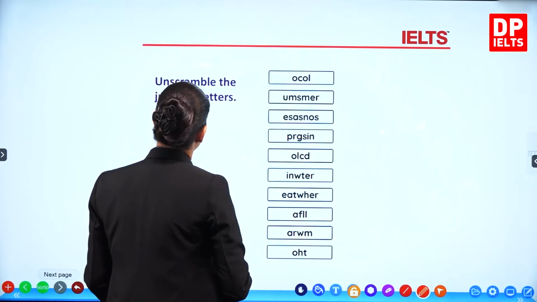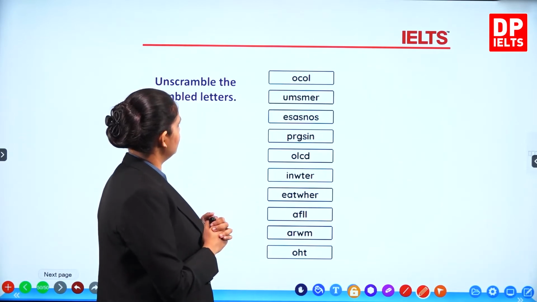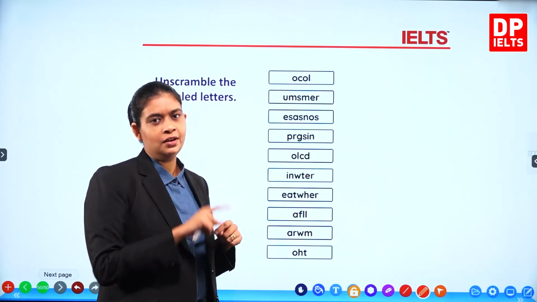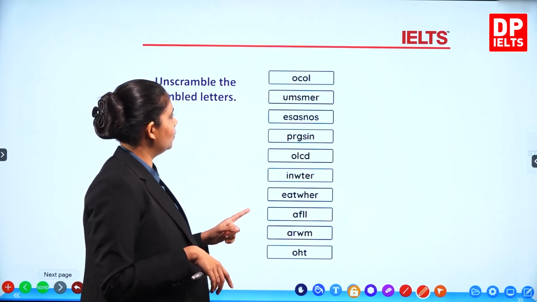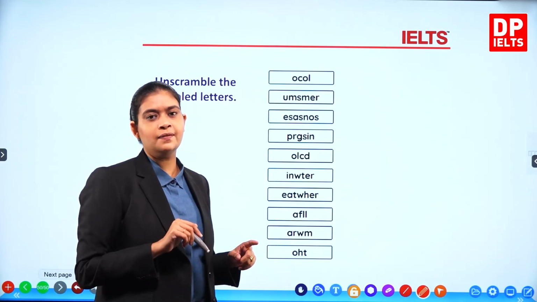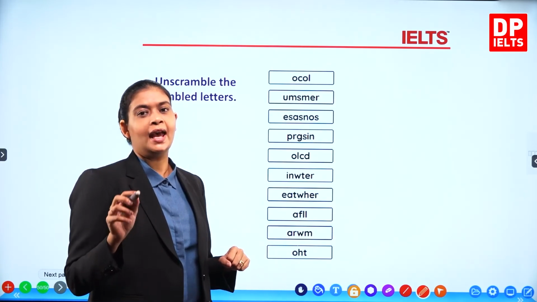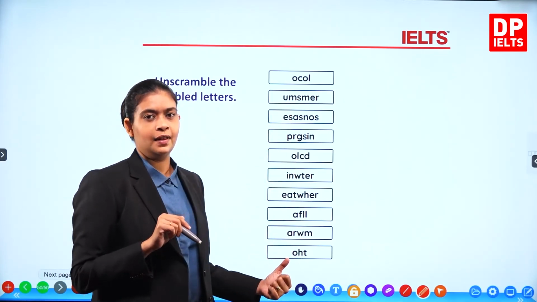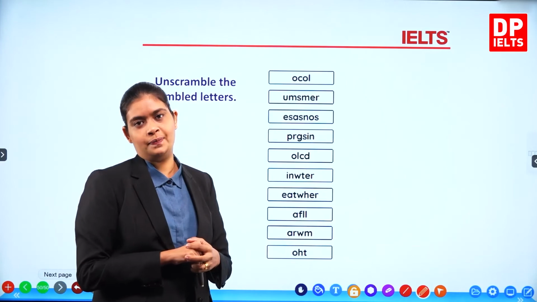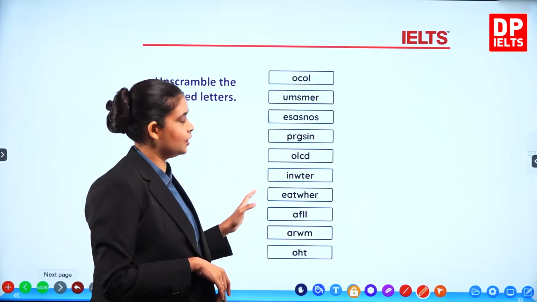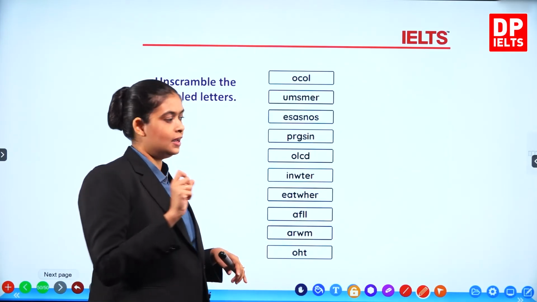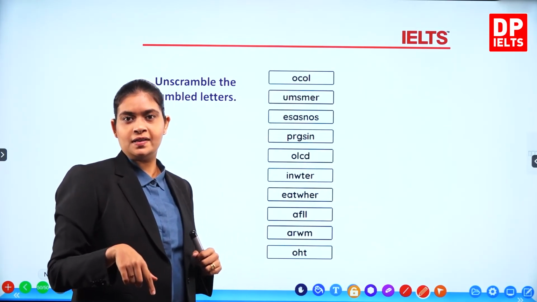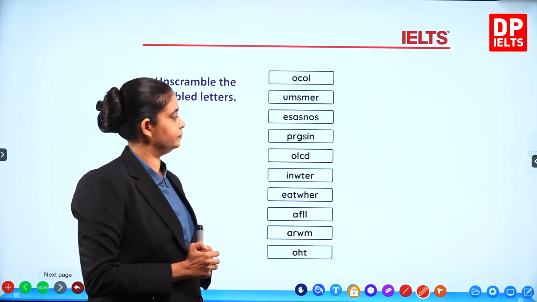Okay? Let us have a look at the last activity. Now we come to the last activity. This is the one you are used to, to unscramble the words. So I'm going to give you some time to do that. And then you know now to pause the video, do the activity, and when you finish, play the video from there.